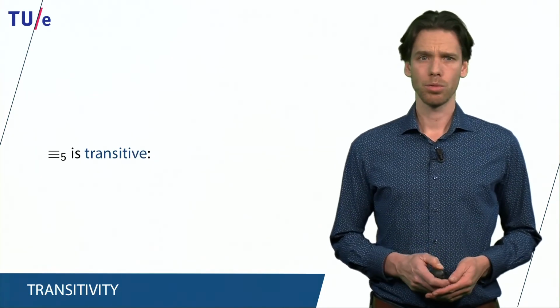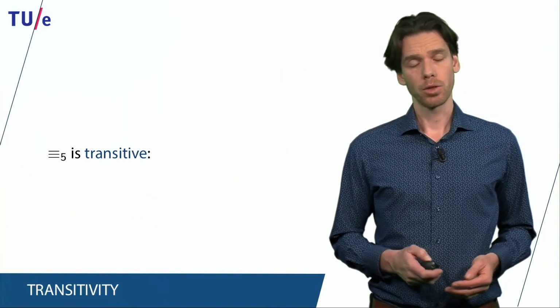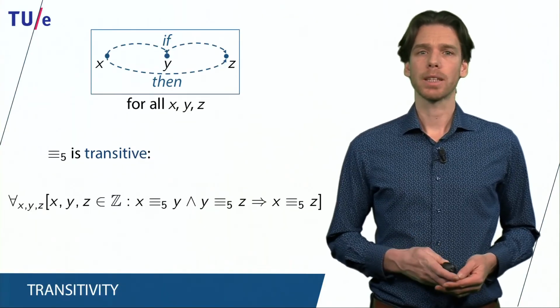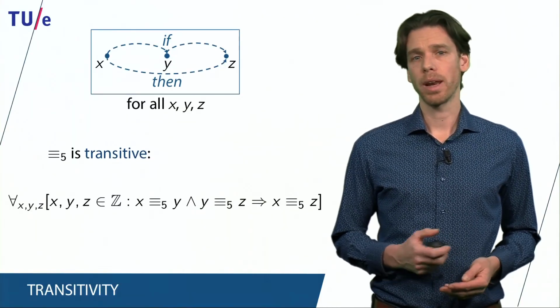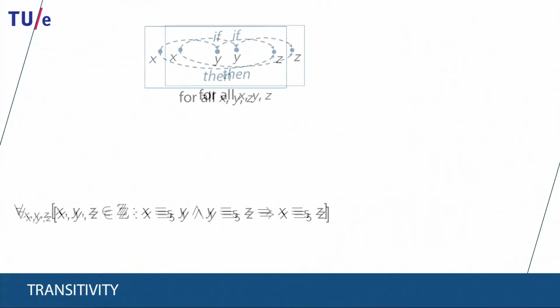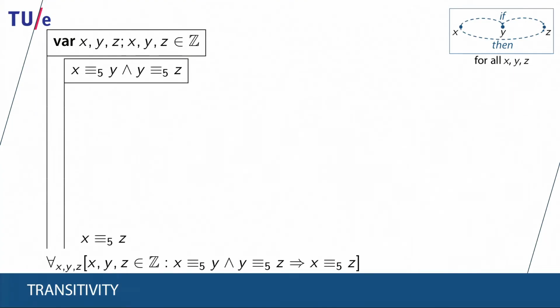The last thing we need to do before we can conclude that equivalence modulo 5 is an equivalence relation is to prove that it is transitive. We should establish that for all x, y, and z, if x is related to y and y is related to z, then also x is related to z. Our goal is to establish a universally quantified implication. So we declare integer variables x, y, and z, assume that x is equivalent to y modulo 5 and y is equivalent to z modulo 5, and set as our new goal to prove that then also x is equivalent